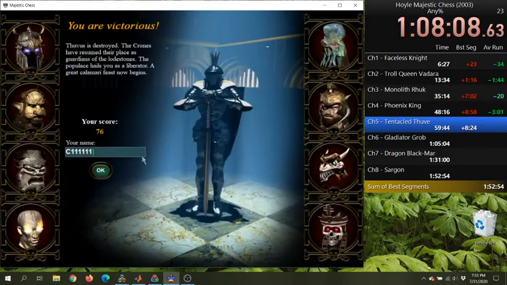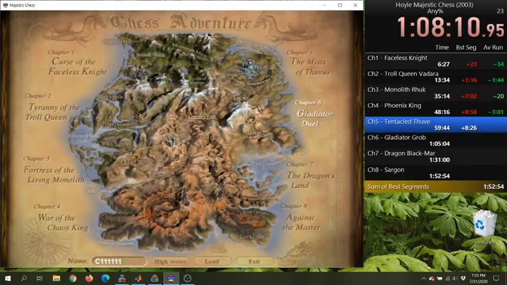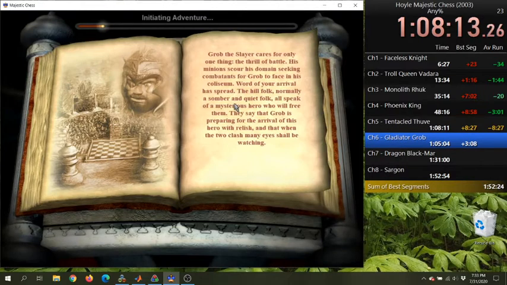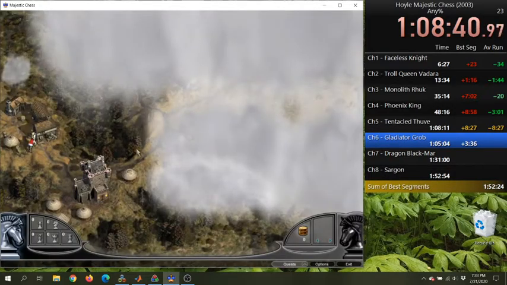There we go. Well, that wasn't too bad. Didn't even have to use my dagger of night destroying. Oh, what are the odds of that? My best segment and the average runner, just exactly opposite of each other. It's gold. Does that mean that was my best? That can't be right. That was extremely slow. Like I said, I don't know the interface.